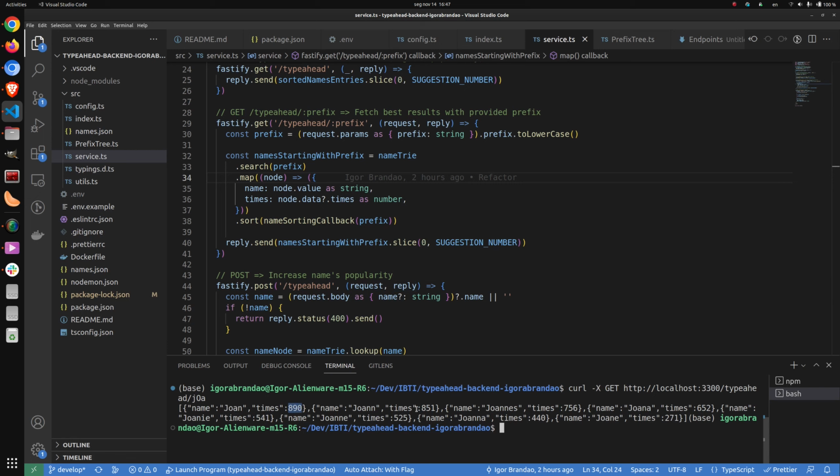Here we perform a search into the trie. I'll explain specifically each method from the trie later on. And then we map each result to its corresponding popularity, and then we sort by popularity, and then we return the results using the reply.send method. Okay,